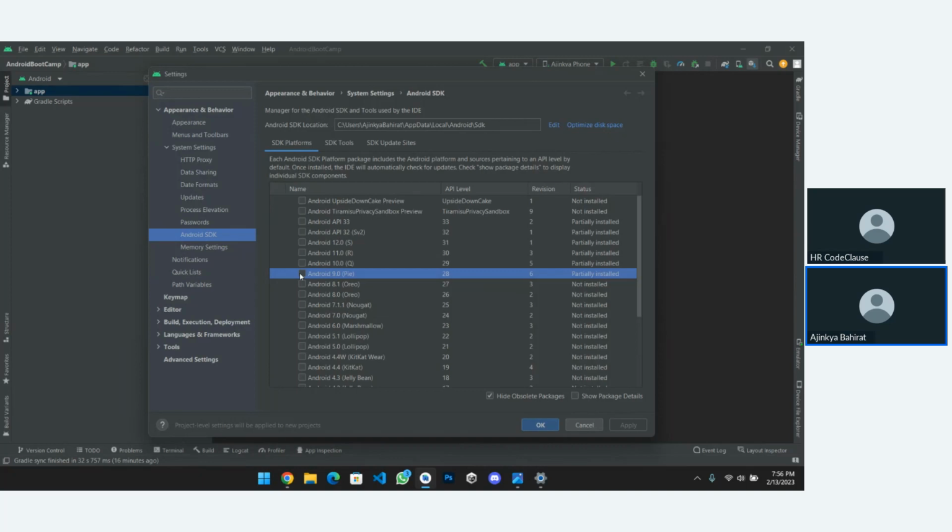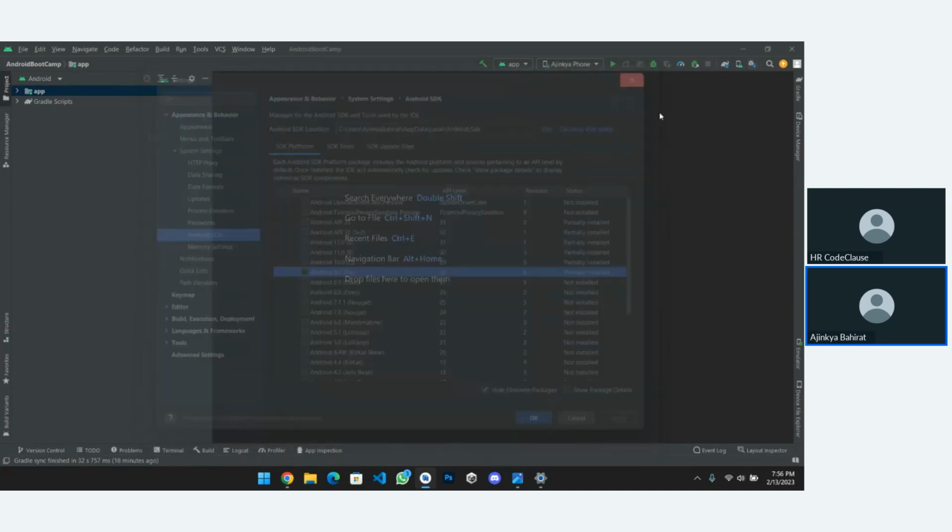SDK means software development kit. For developing software, you need to meet its requirements. That's why you need to download the version of your phone to execute your applications on the device itself. Okay, so this is nothing but the SDK manager.